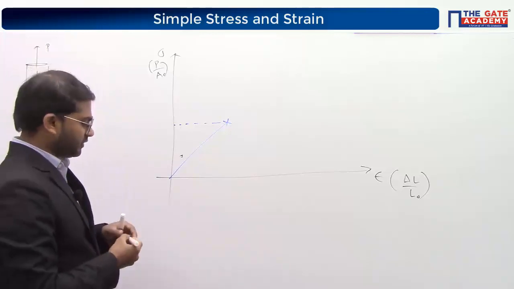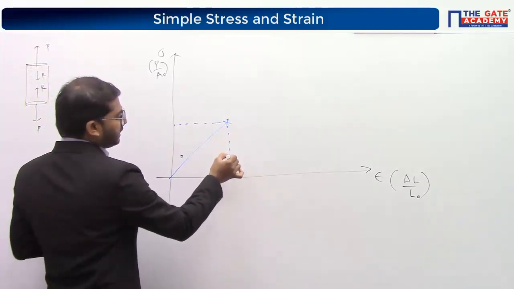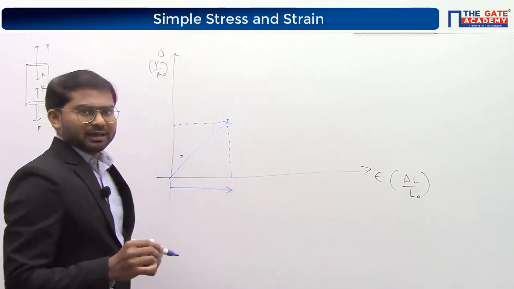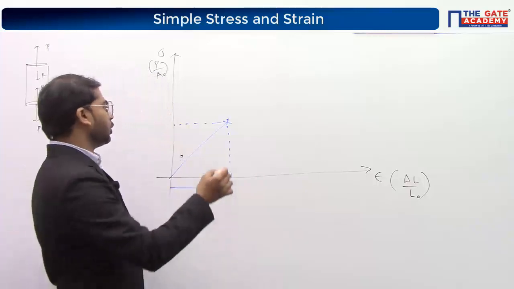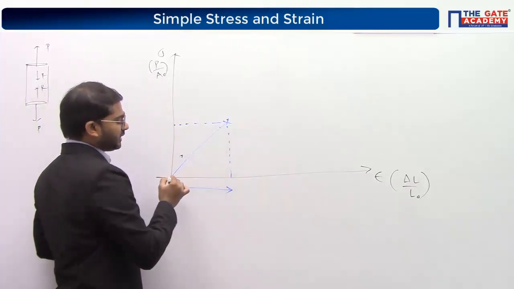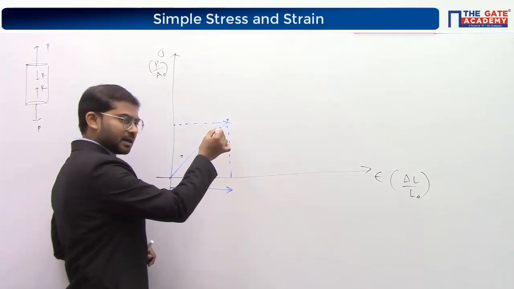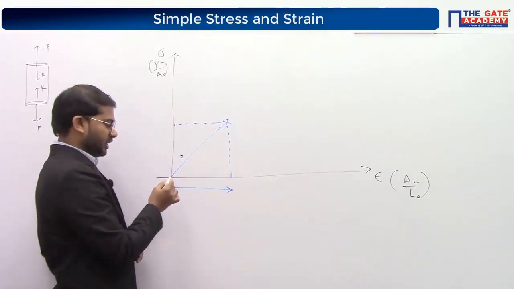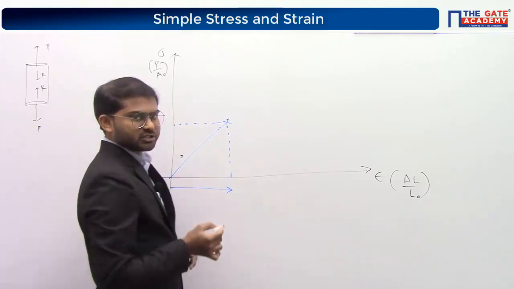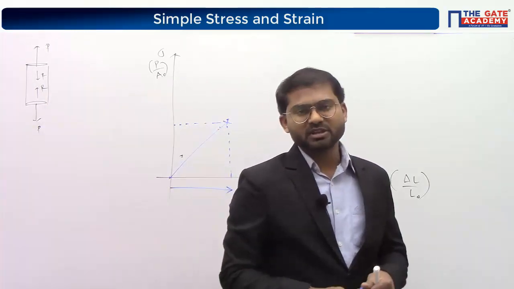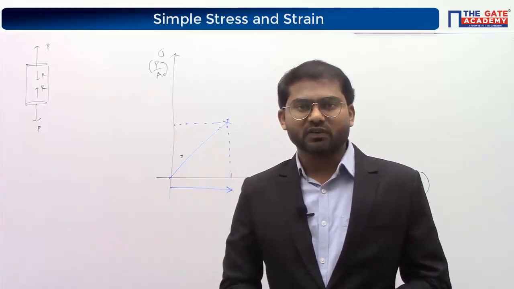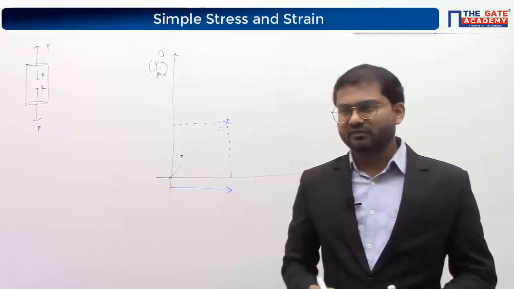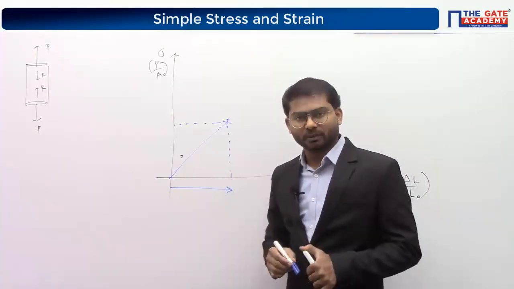Another very important thing which we observe in this region is that the material will be elastic in nature. That means if you release the load from any point after increasing the load up to this point, all of a sudden, the material will take the same path and come back here. Coming back here means the origin: zero stress, zero elongation or zero strain. That means there will be no change of dimensions; it will regain its original shape and dimensions. This is the behavior you observe till the first point, which is the proportionality limit.